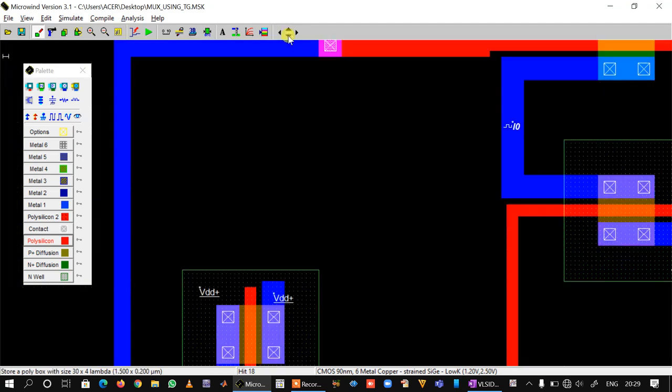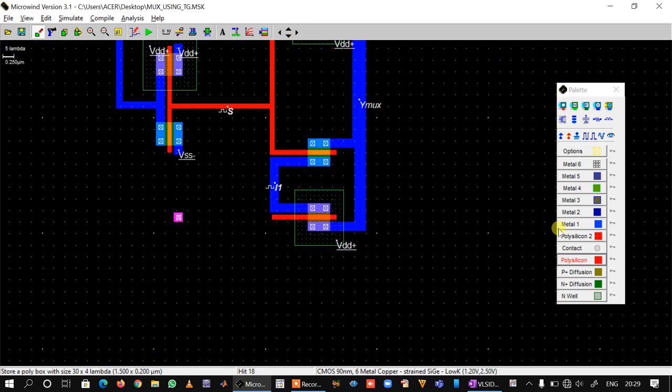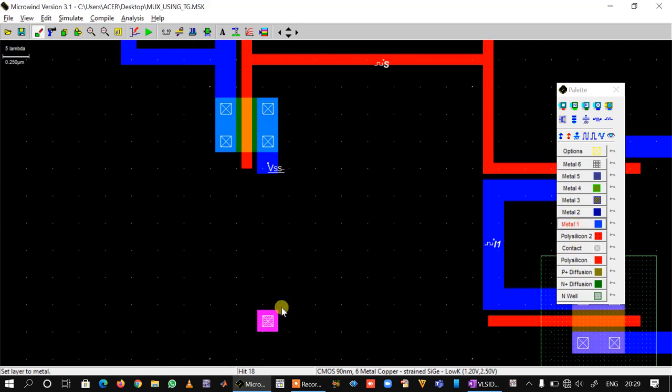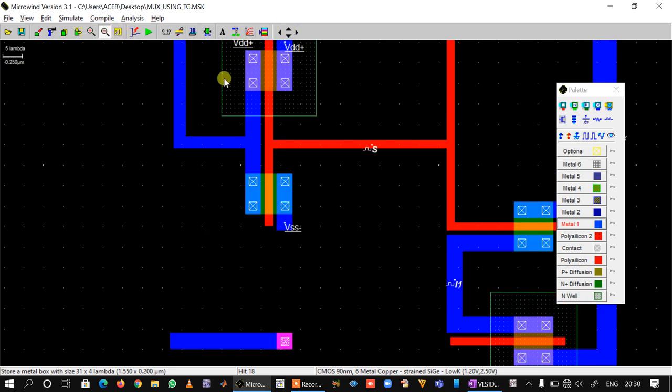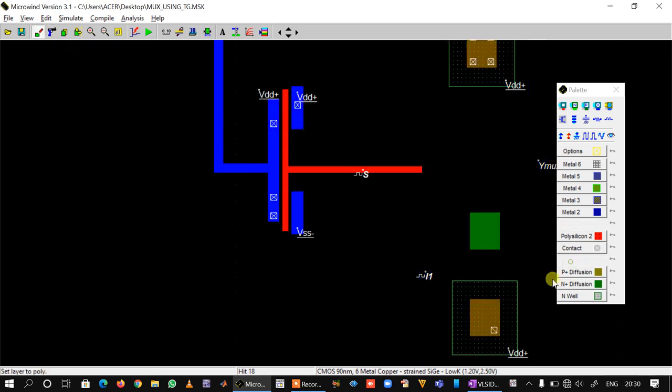Okay, similarly go down, zoom, take metal 1, cut the extra portion, take polysilicon,